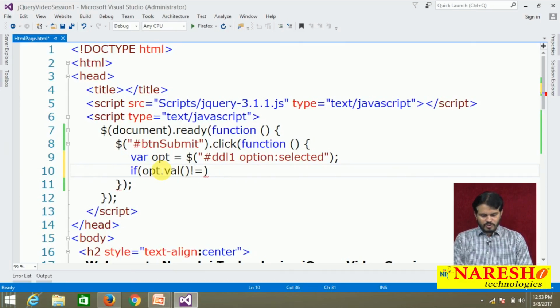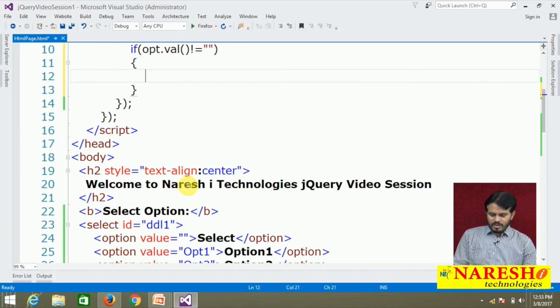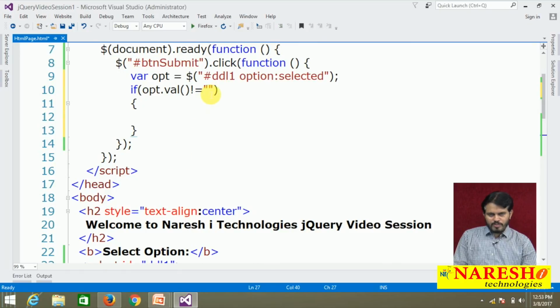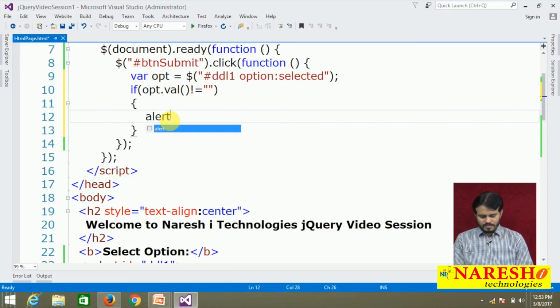is not equal to empty. Observe, if this option is selected by default, what is its value? Empty. Among these, if any is selected, its value is not empty, some value is there. So I am checking if it is not equal to empty, meaning some value is there, it means the option is selected by the user. Then simply in the alert display